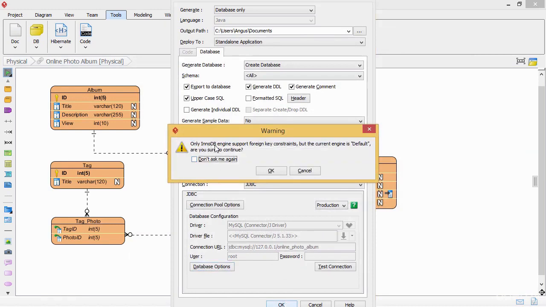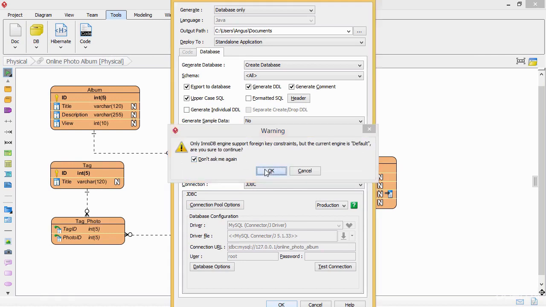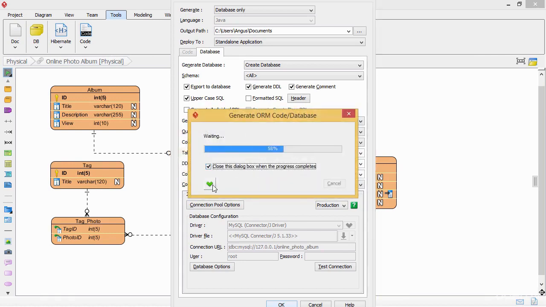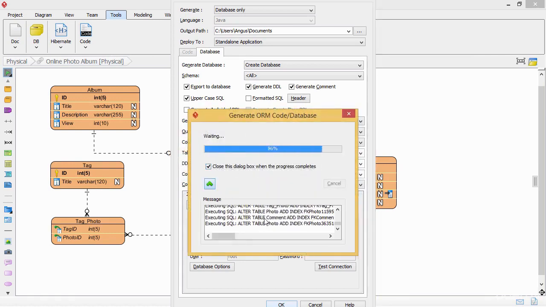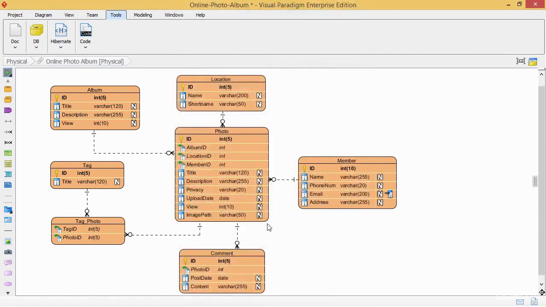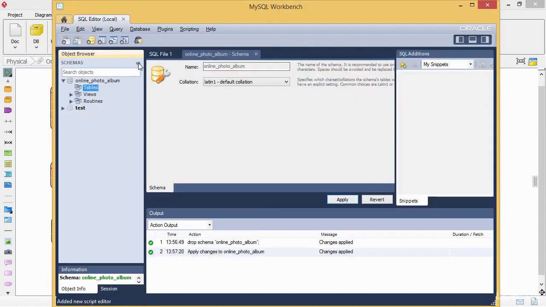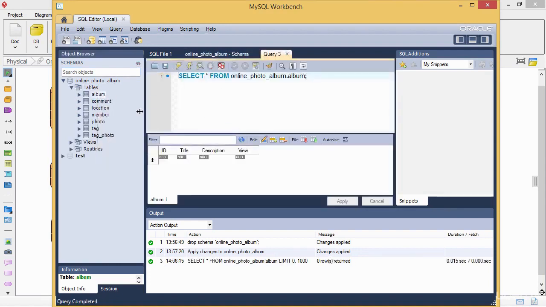Then it warns that only InnoDB supports the foreign key. My database is InnoDB, so that's okay. Then just generate. You can see it executing the SQL. Now it's generated. Then I go back to the MySQL Workbench. You see the tables are now generated, the columns are empty. Of course, I just generated from Visual Paradigm. Okay,